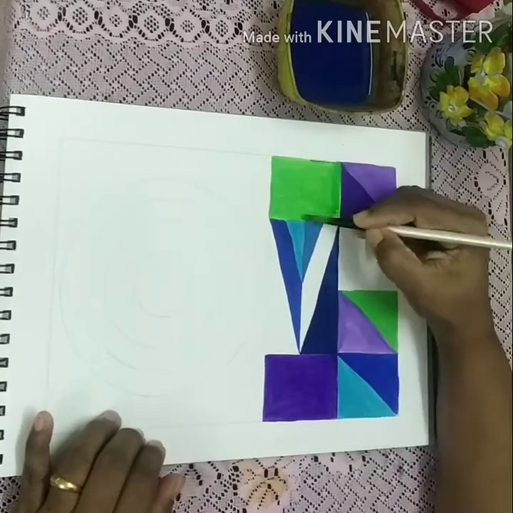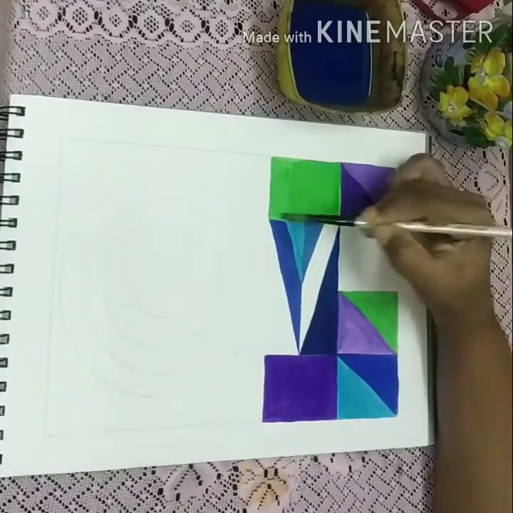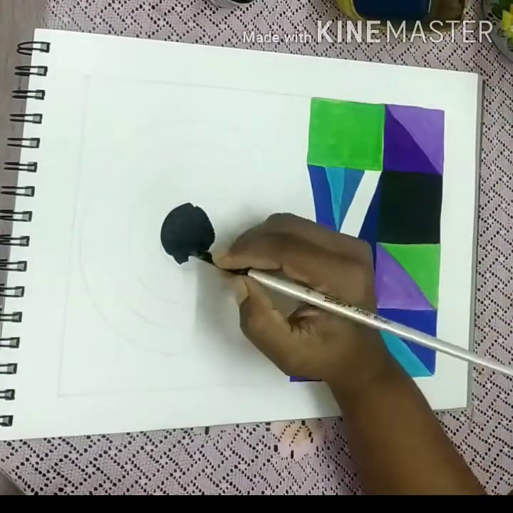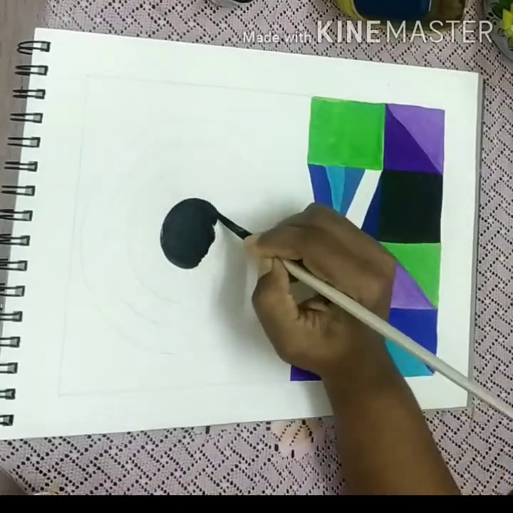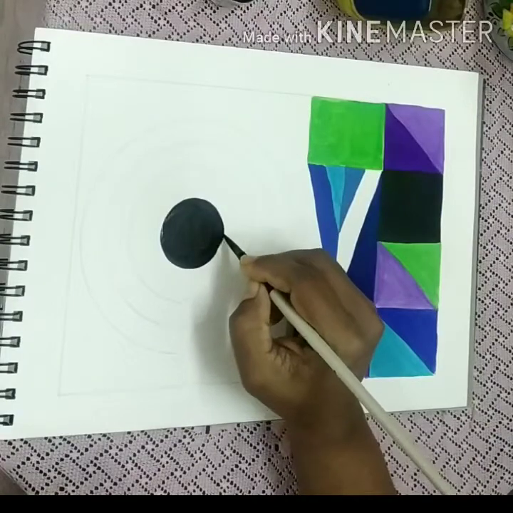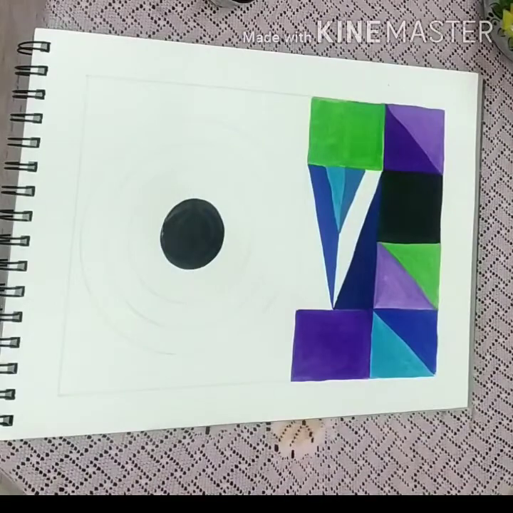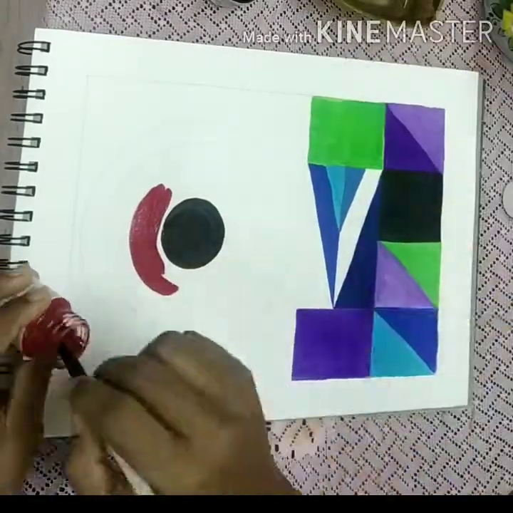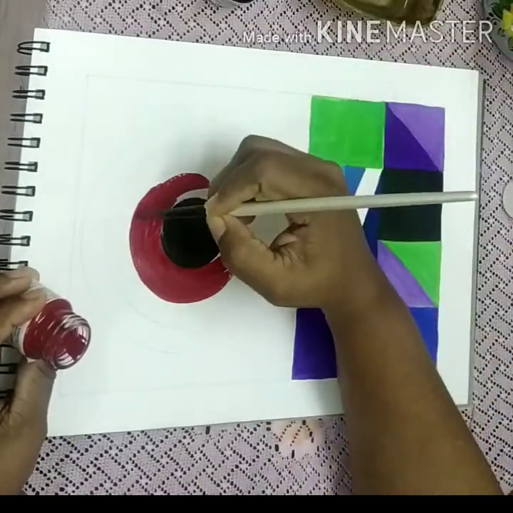Interestingly, Raza's art and creation also began with the Bindu. Because of that, you can see even I have done Bindu in my painting. You can have as many Bindu as you want in your painting. So try to use all primary colors like red, yellow and blue shades in this.